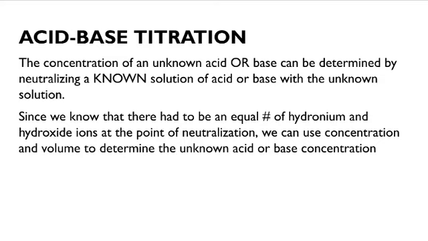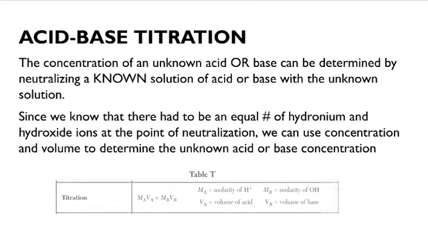by changing color. And since we know that there has to be an equal number of hydronium and hydroxide, acid and base ions, at the point of neutralization, we can use concentration and volume to determine the unknown acid or base concentration. Specifically, the equation we can use is given on Table T of your reference table, and it is